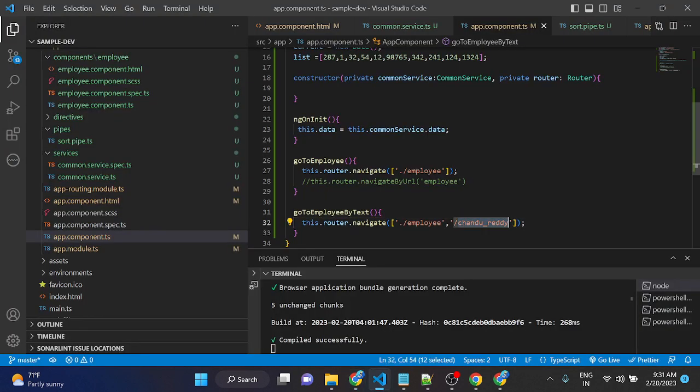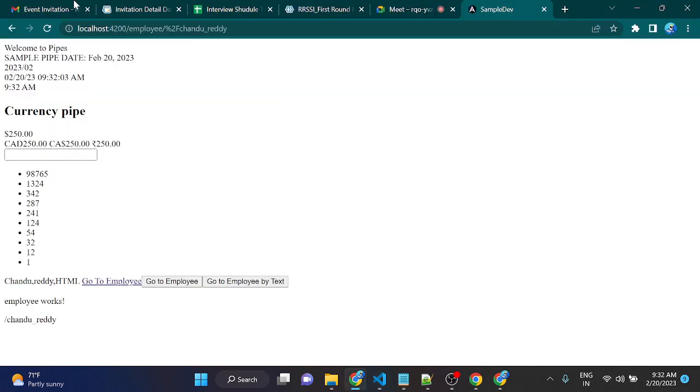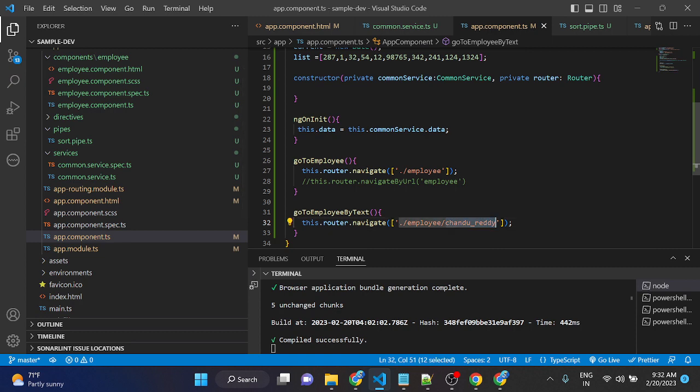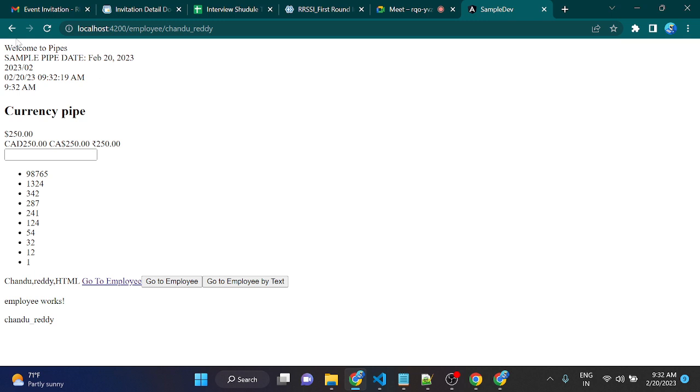And then directly we can pass whichever way you are trying to find it, you can easily pass the thing. If you see here, it's been added in the Chandu Reddy downside. Whichever text you want to pass, for example Pratish or some ID or Angular or something like that, directly whenever I'm clicking on the button, it goes there. But whenever I click on this go to employee, it doesn't print anything because we are not passing any